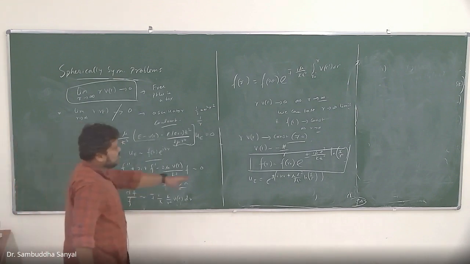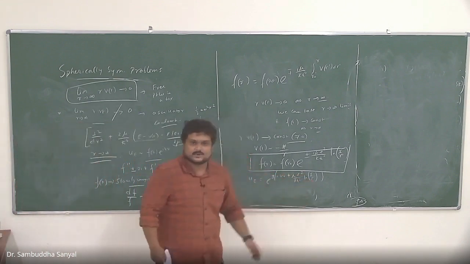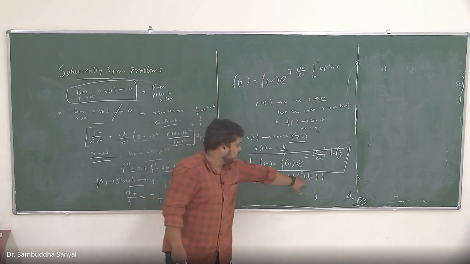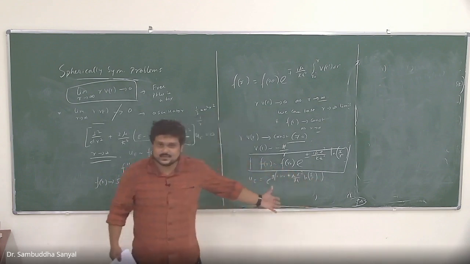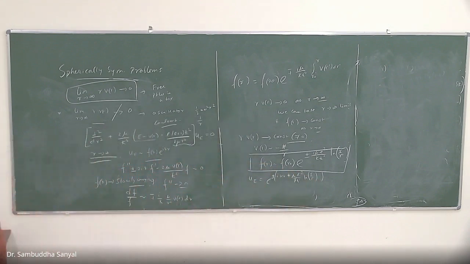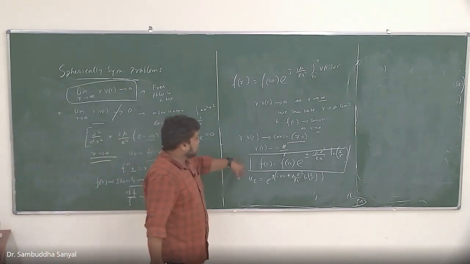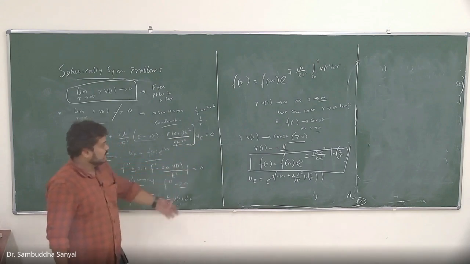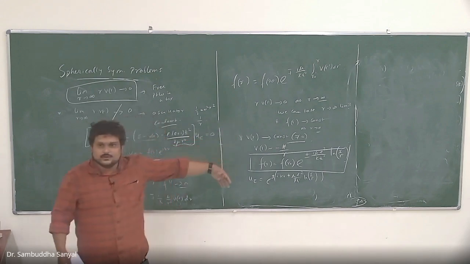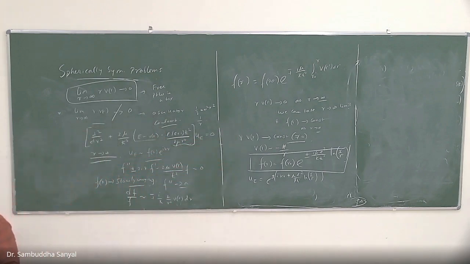So you will have a plane wave, but masked by this factor. It is actually a power law because e to the power log is basically a polynomial, whatever is inside the log, that is r times that. And this intuitive form we are going to use to guess our trial solution